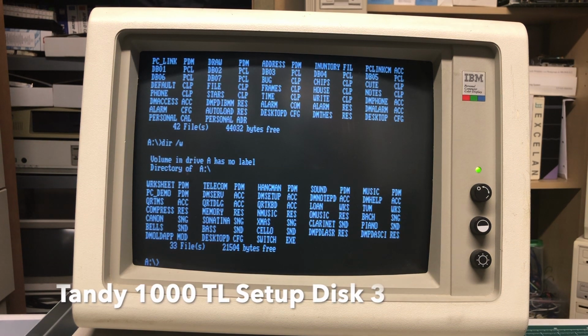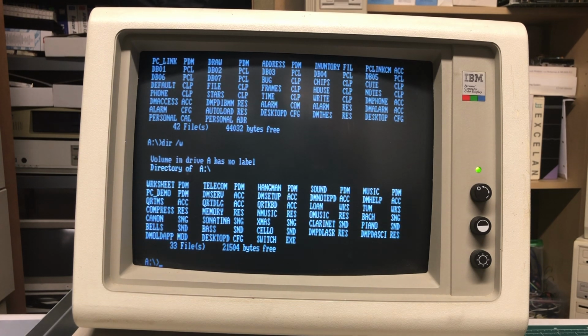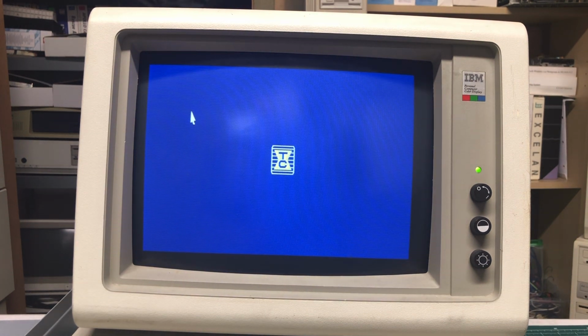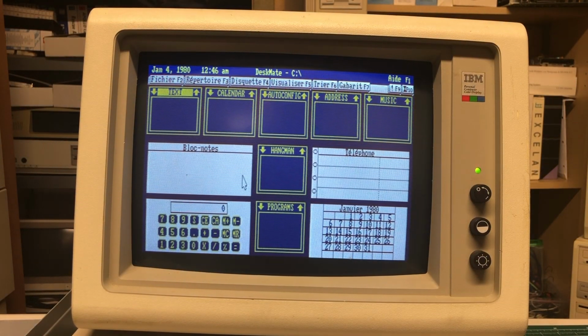And the third disk, which is the second DeskMate disk, contains much of the same additional applications for DeskMate and sound bites and sample files. Now we still have a C drive, which is our ROM drive, and this includes the DeskMate executable, allowing us to start DeskMate. Only this time, because we have inserted disk number 2, it will properly load up a DeskMate